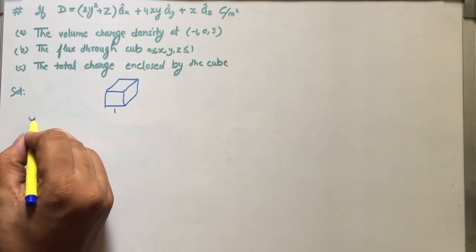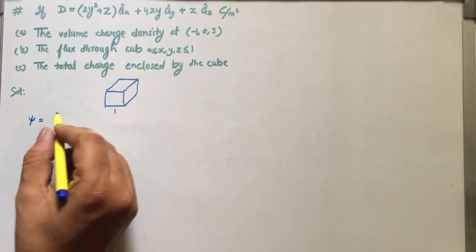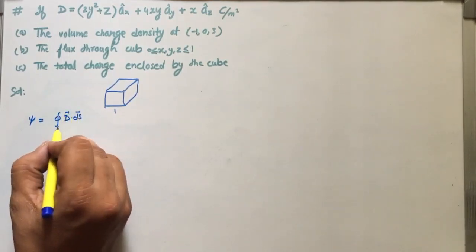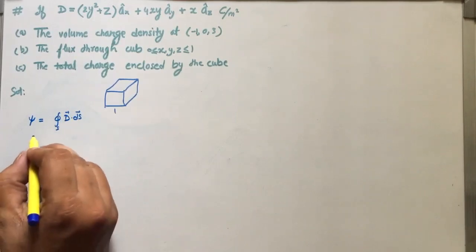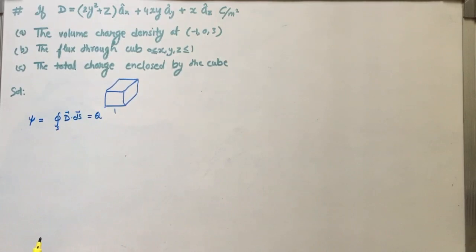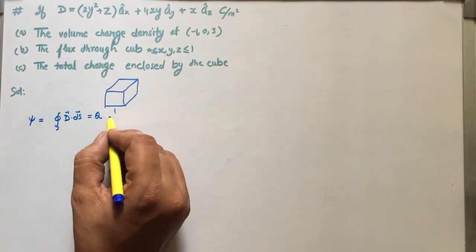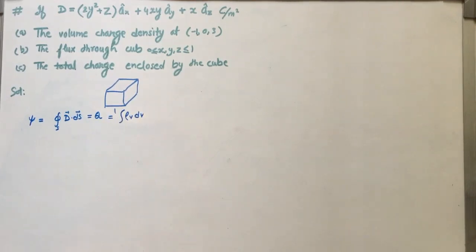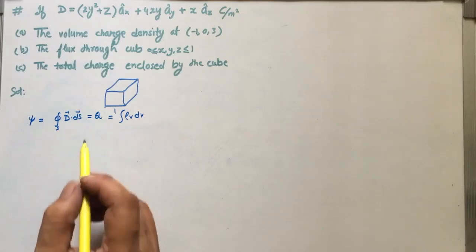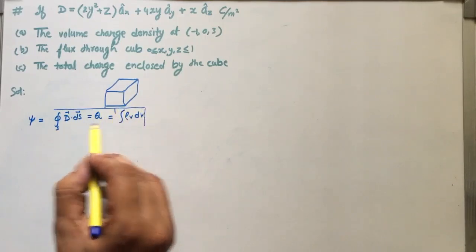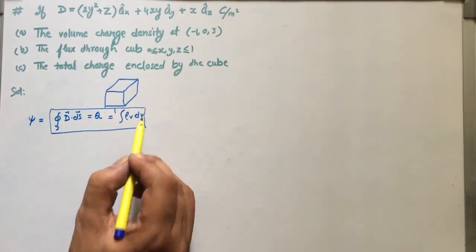We know the flux is equal to D dot dS for an enclosed surface, that is equal to the charge enclosed, and for volume charge density we can say it is equal to rho v dv. We have this. So from here we can have this relationship with us, the first one,